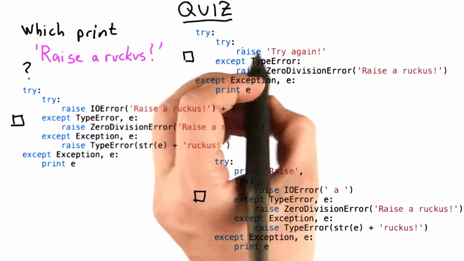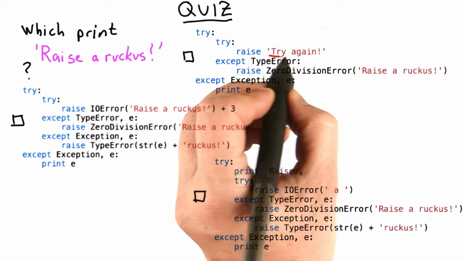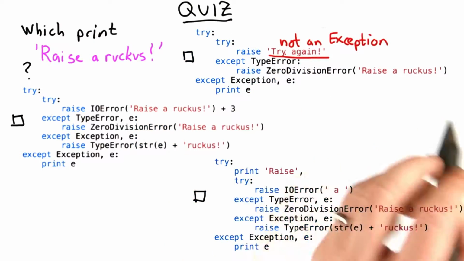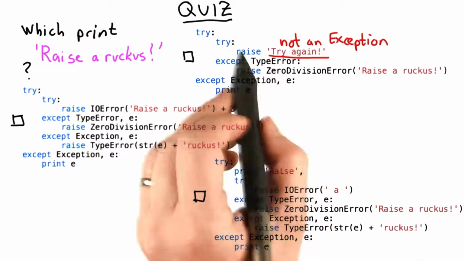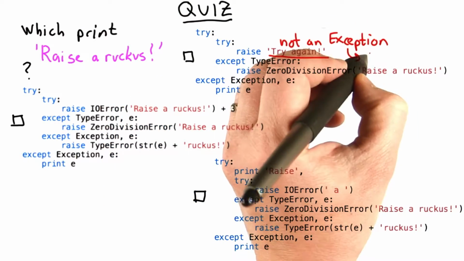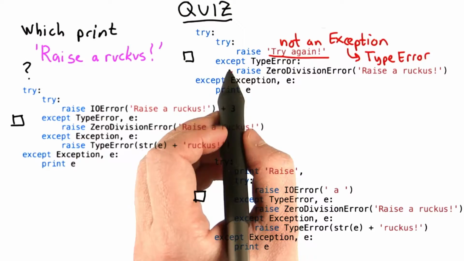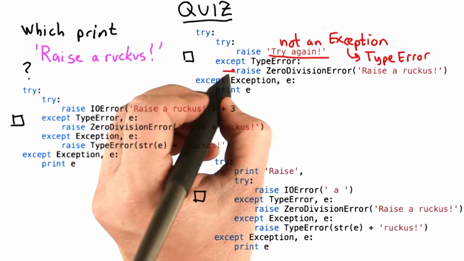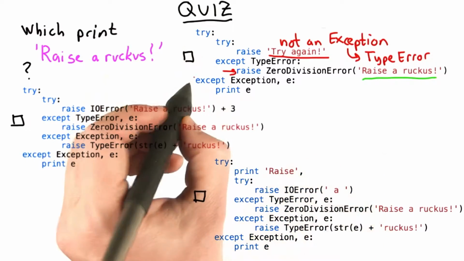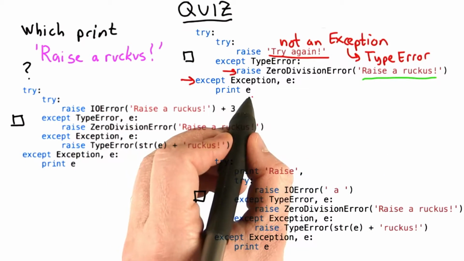Let's look at them. So the first one uses raise with the string "try again". This is not an exception. So it won't raise that error, but it will raise an exception because this is invalid code. Any invalid code raises some kind of exception. And what this raises is a TypeError, which gets handled by this handler, which raises a ZeroDivisionError with the string "raise a ruckus", which then gets handled by the outer try by this handler, which prints out